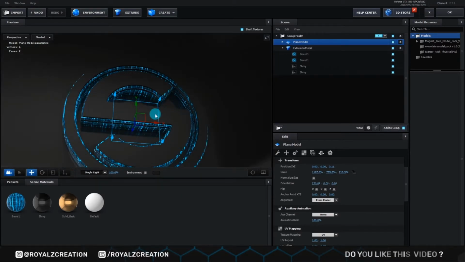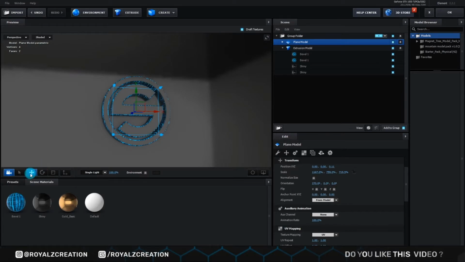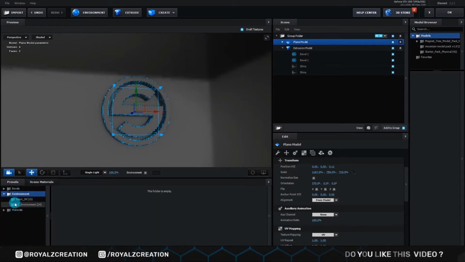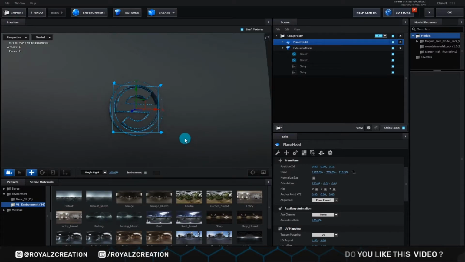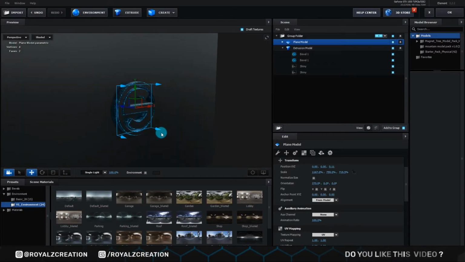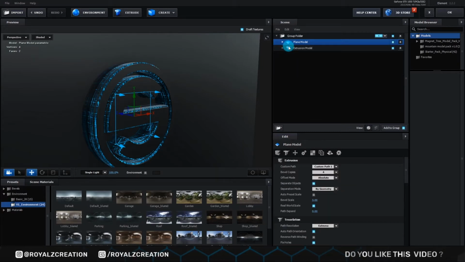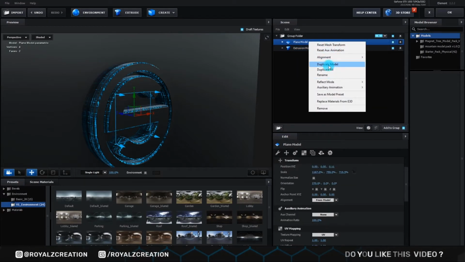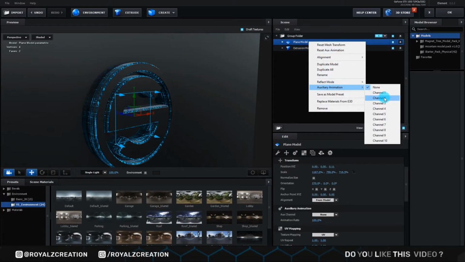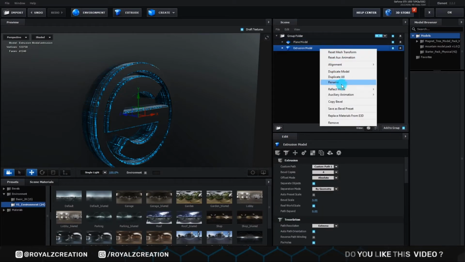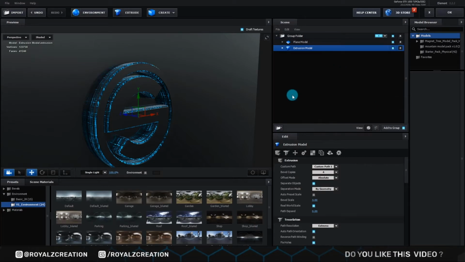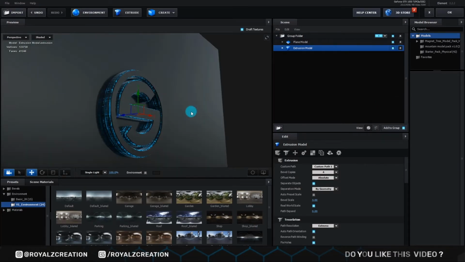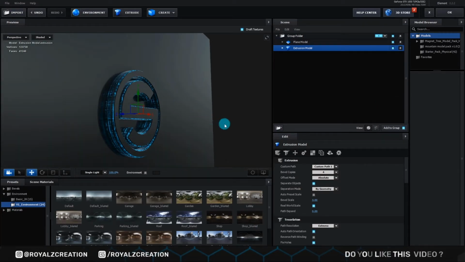We are going to change the environment, and we add default blur environment on it, and now we right click on plane and we change auxiliary animation to channel 2, and in logo we change it to channel 1, and now we click on OK and we come back,